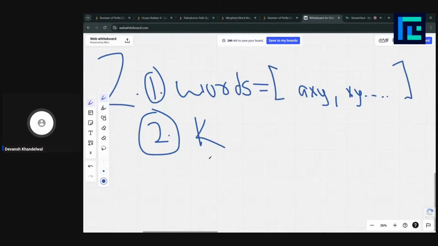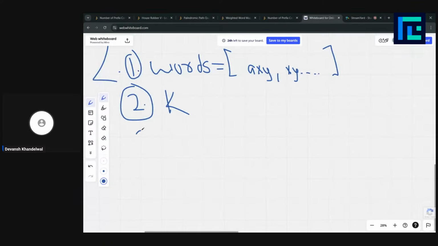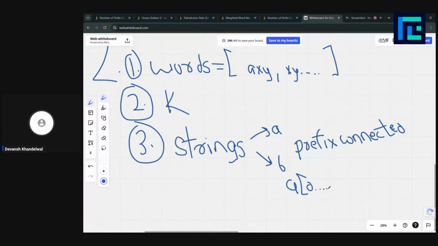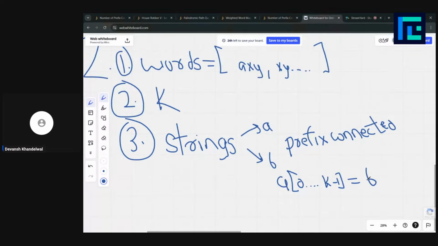So we are given this variable k, and let's say we have two strings, A and B. They are prefix connected if the characters from 0 to index k minus 1 are equal in both.